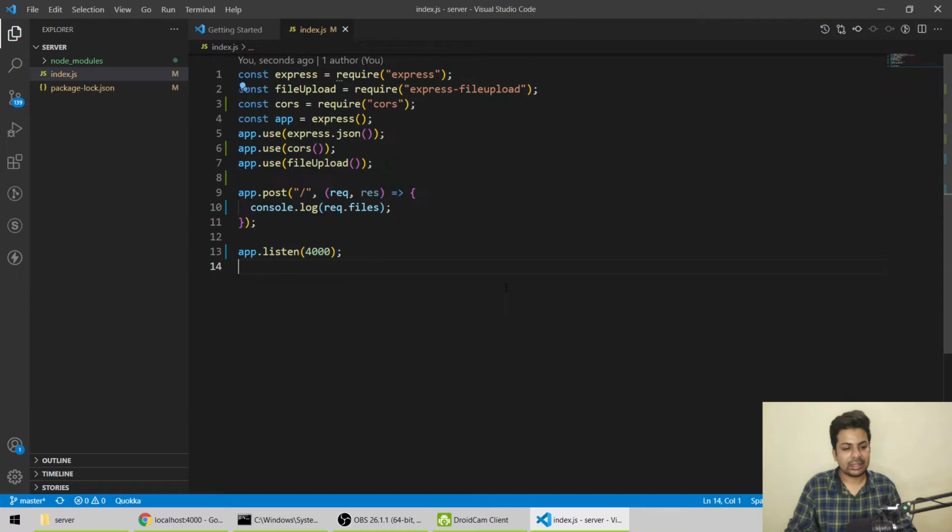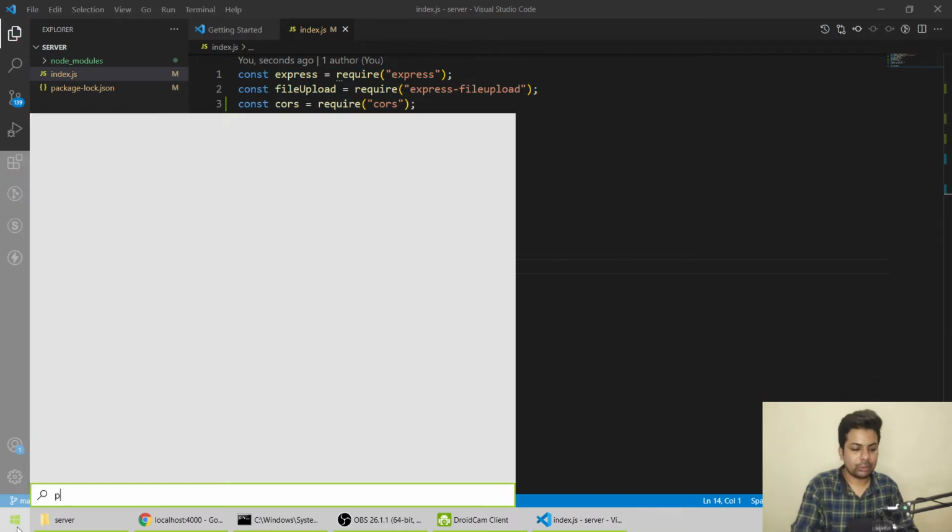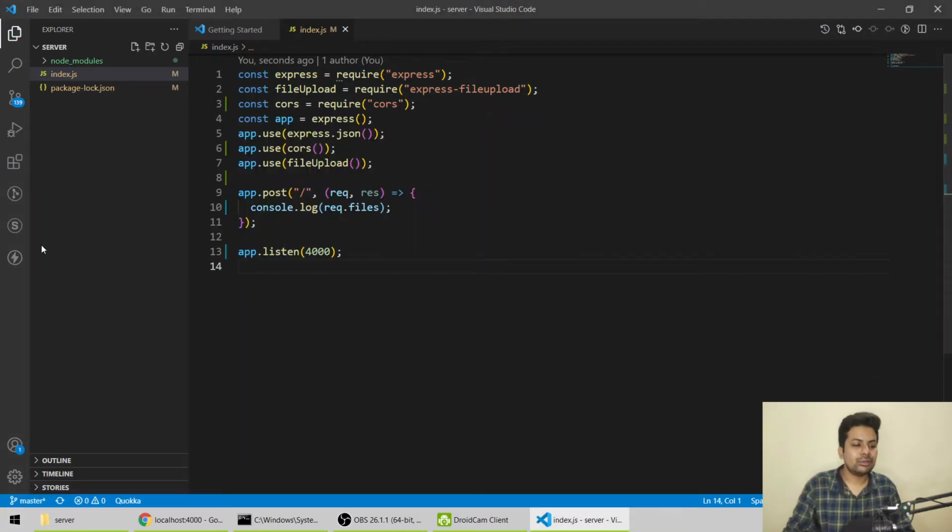Let's save it, and I also have to send some response, res.send 200. Now let me open Postman, or you can use Thunder Client.